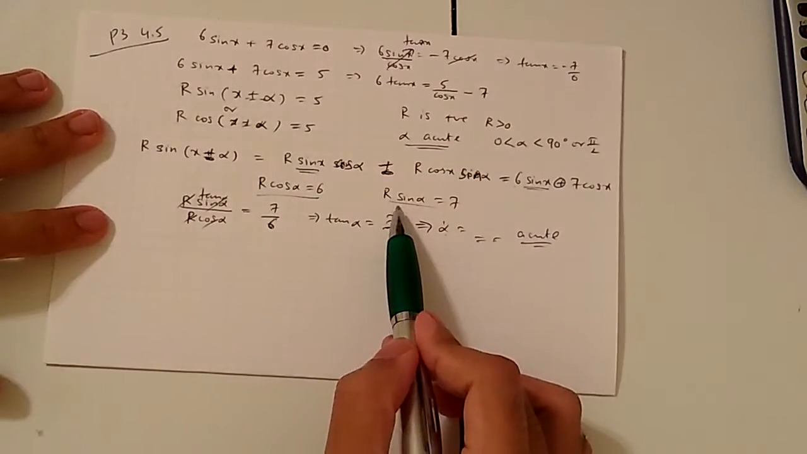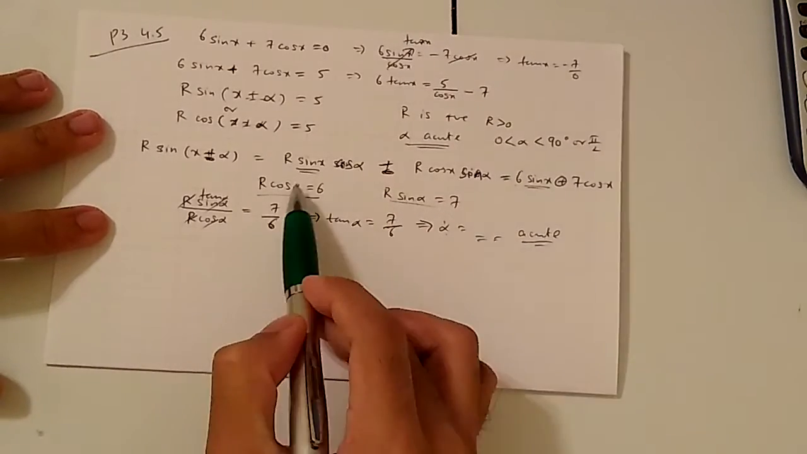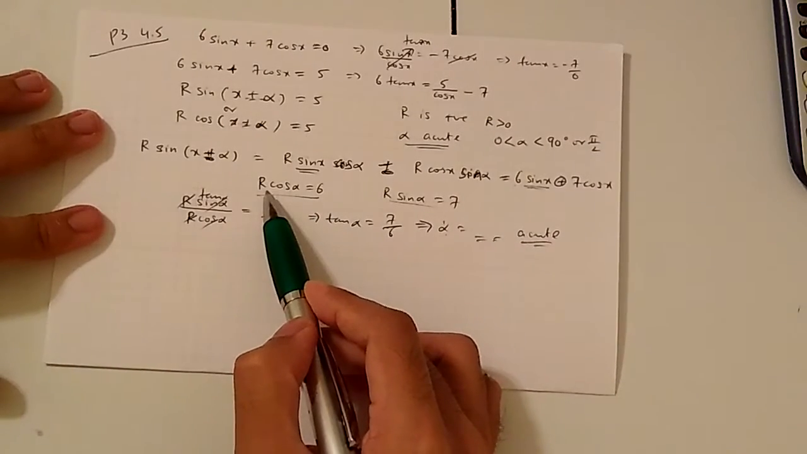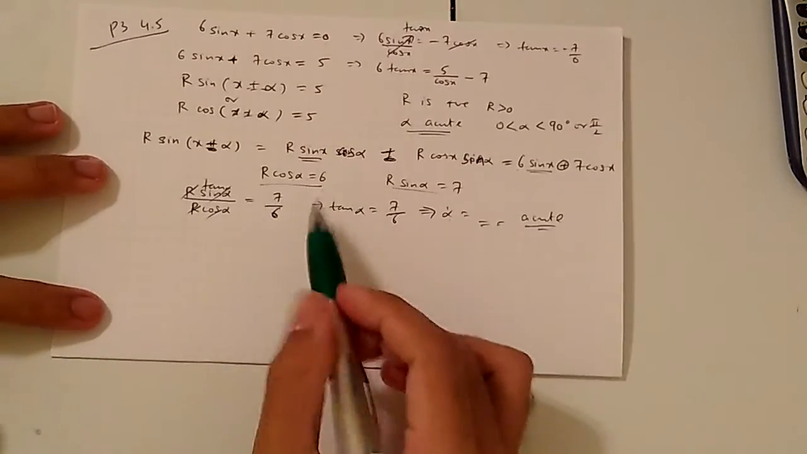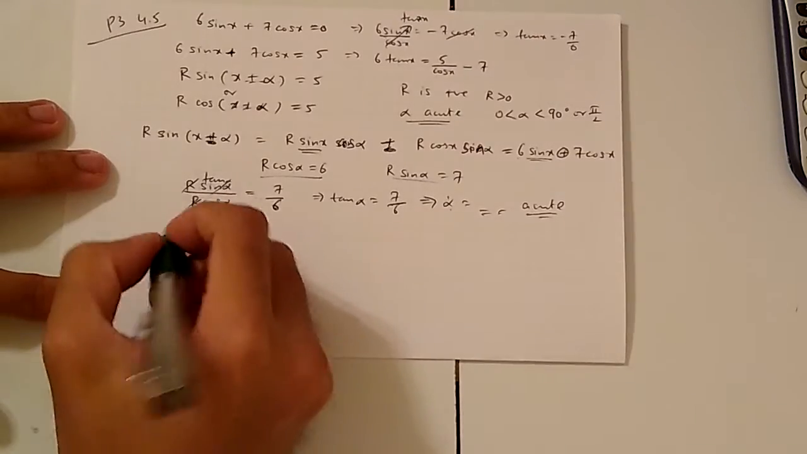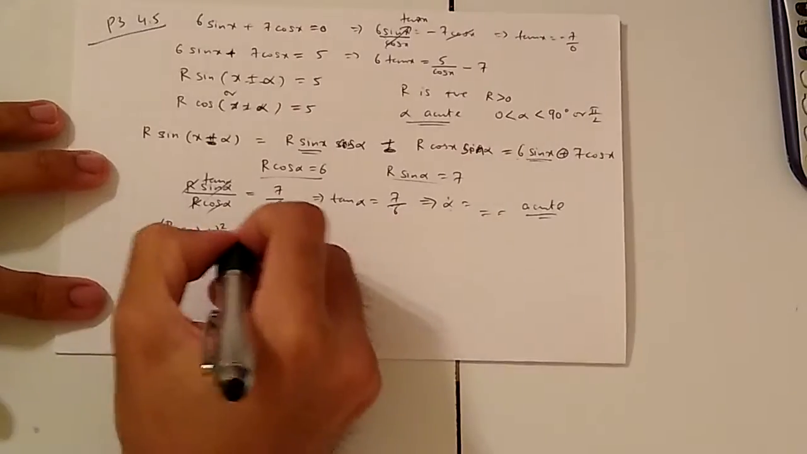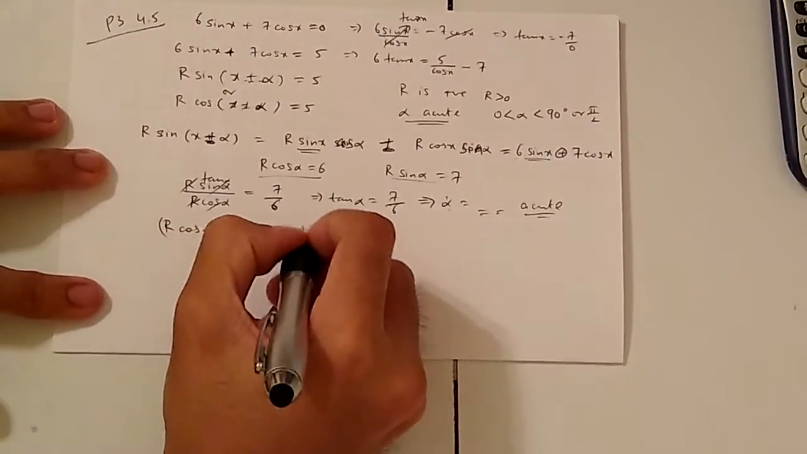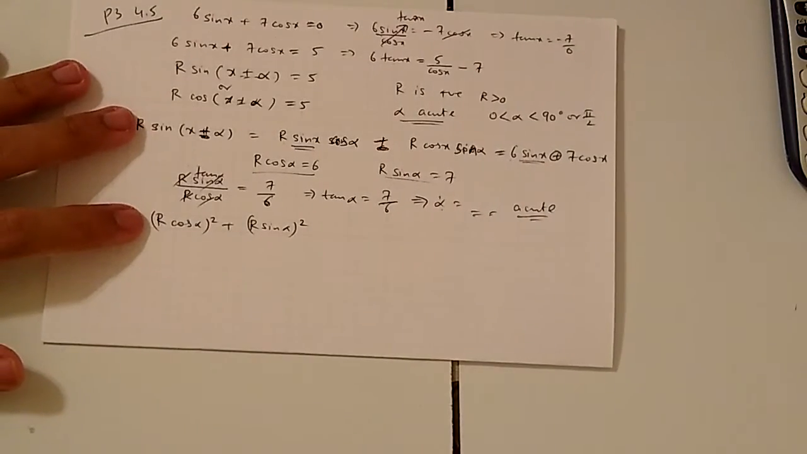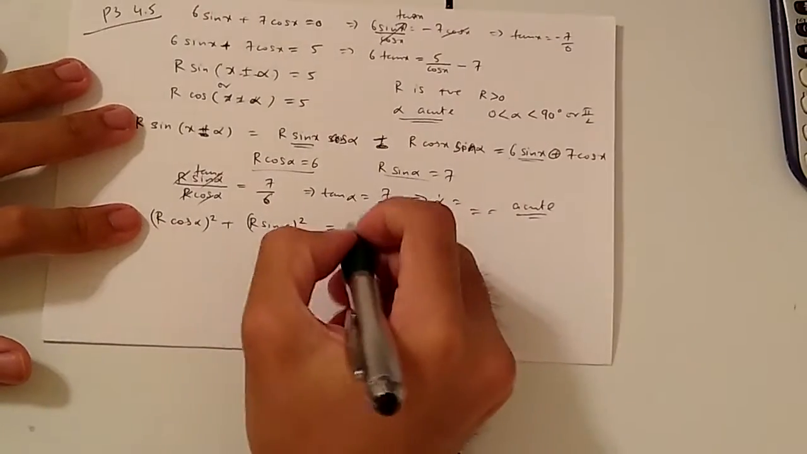You can substitute the value that you find for alpha back into either equation 2 or equation 1 to find the answer for R. But usually you do not do it that way. What you do is write down this expression, using the identity: R cos alpha the whole square plus R sine alpha the whole square. This is going to be equal to 6 square plus 7 square,